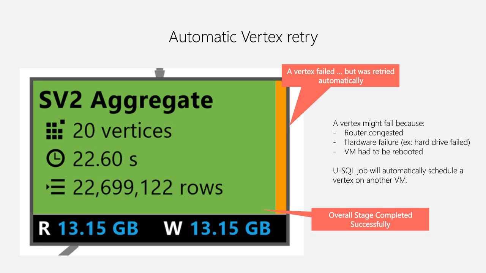If you see the amber column, which means some of the vertices have failed, at this time Azure ADLA executes multiple times. It retries multiple times, right? And then it will go green and the job gets completed. For any reason, if there is any problem in the query, the job will fail, and you have to look at your query, understand and fix that issue, and then you can re-execute the query.